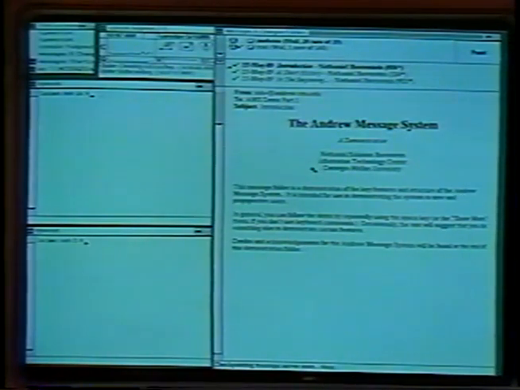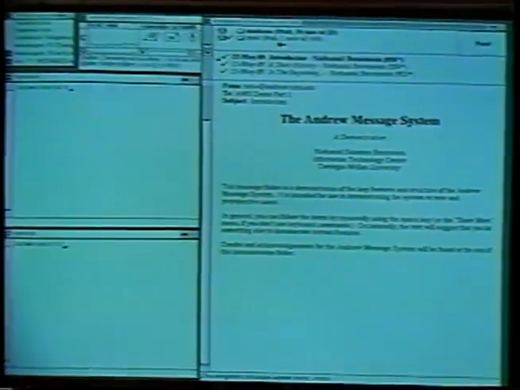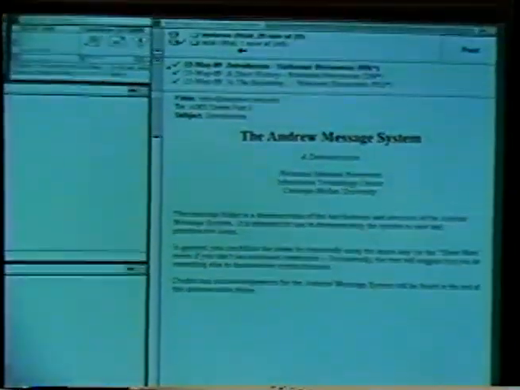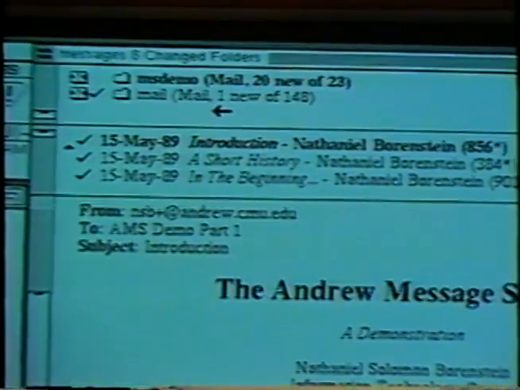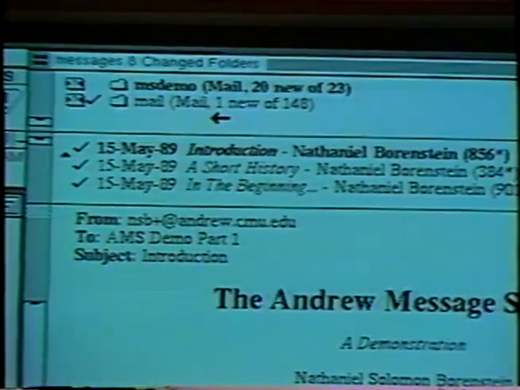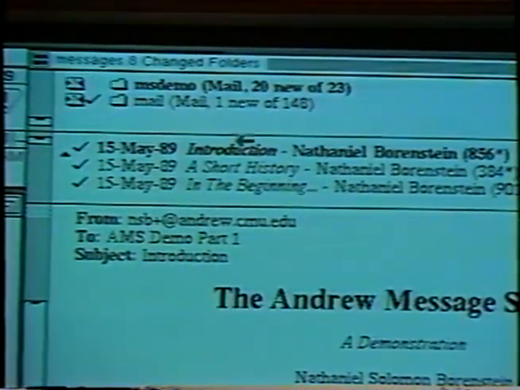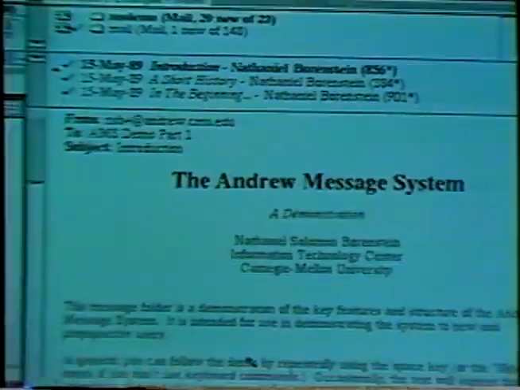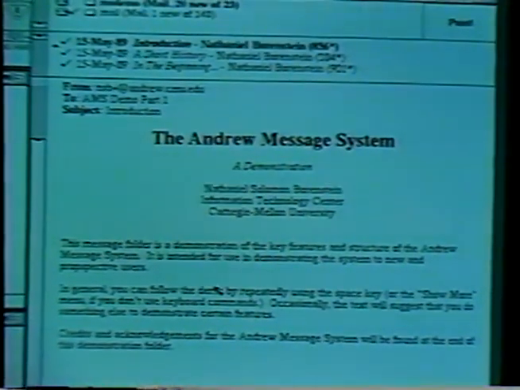This window is divided into three main panes. At the top, we have what we call the folders area. This is a list of mail folders and bulletin boards that are accessible for viewing with the system. Underneath that, we have the captions area, in which we have a series of one-line captions or short summaries of available messages in the highlighted folder. Finally, corresponding to the caption that is highlighted, we have in the third pane a message body, the actual text of a message in the folder. What we'll see in this demonstration is a set of messages that demonstrate the capabilities of the Andrew Message System